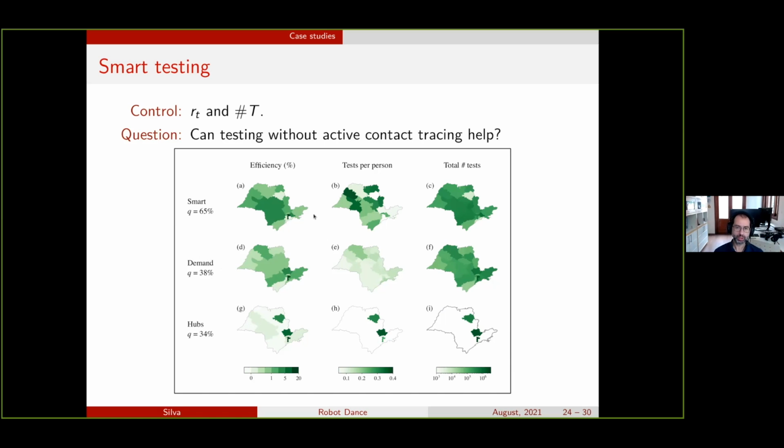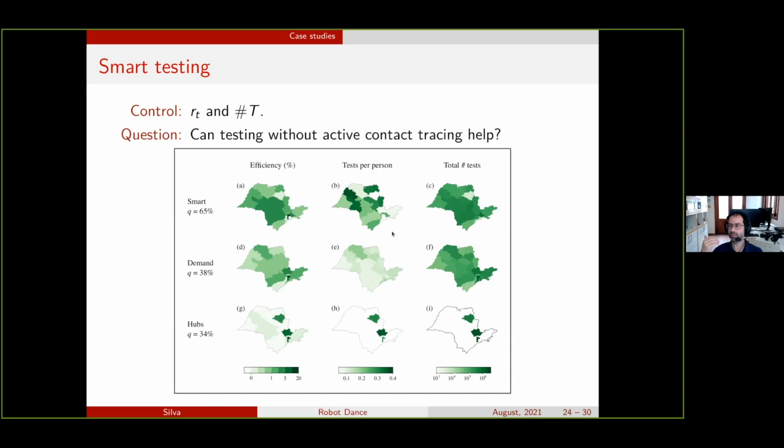And what we are showing here is that by doing testing in a smart way, it's hard to explain the picture in a few words, but what is basically shown in the paper is that it's possible to do the testing in a smart way to get a better result than just doing the testing in a very dumb way, like we do the testing proportional to the number of people that live in the region, or we do the testing proportional to the number of people that live in the region and taking into account how many sick people there are in the region or something like that.